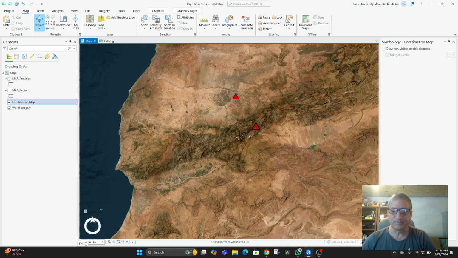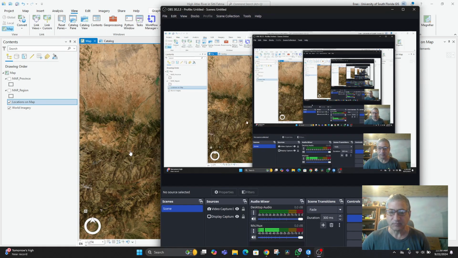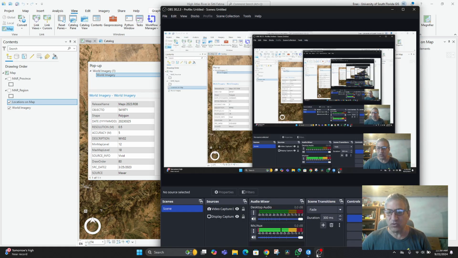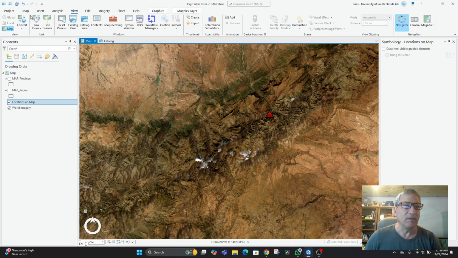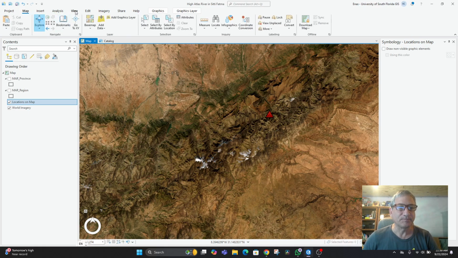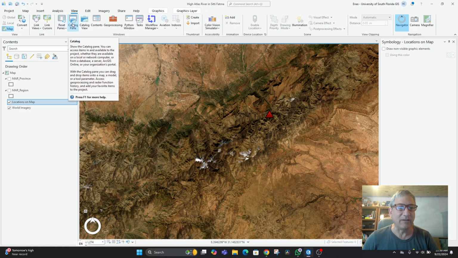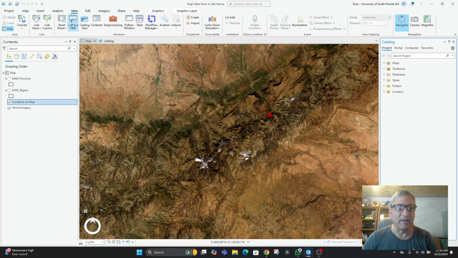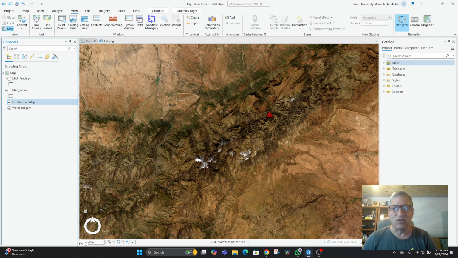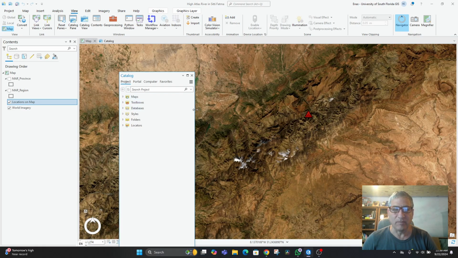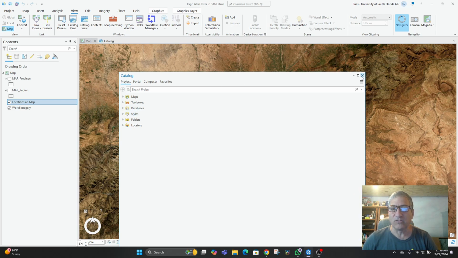All right, so now let's get into adding our own points. Okay, so what you do to add features is you're in Map, you want to go to View, and you want to go to Catalog Pane, and you want to call the catalog pane up. There it came. If it doesn't show up, sometimes you can just go to Reset Panes for mapping, and the catalog may show up. Otherwise, you want to click on the catalog pane. Sometimes you'll find it in different places or different sizes. You can always go and dock it